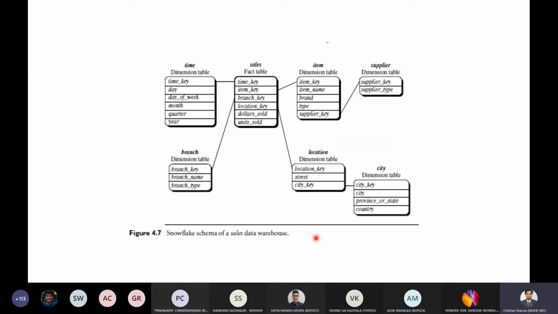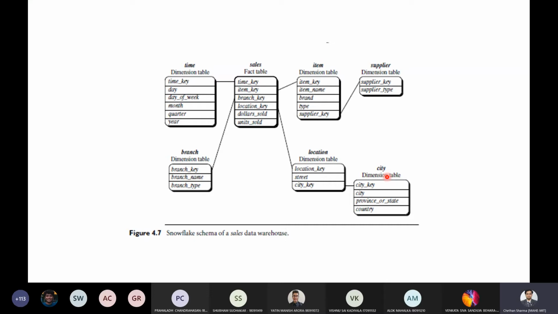But in the snowflake, the information about city and below is in one table, and the levels above city in the hierarchy, like state and country, are in a different dimension table, the city dimension table. So the data is split to reduce redundancies. This is called normalization.